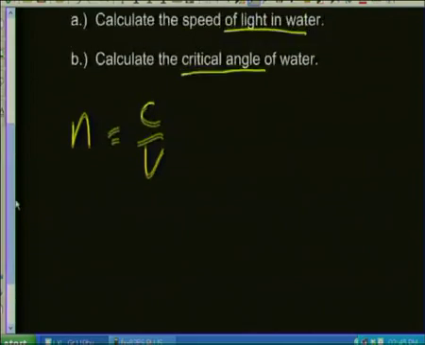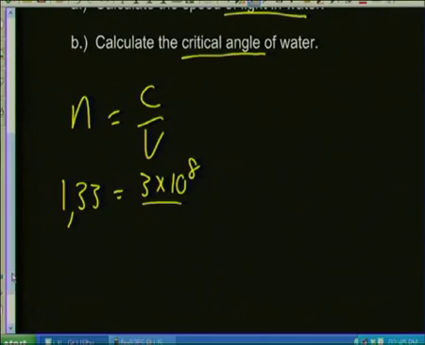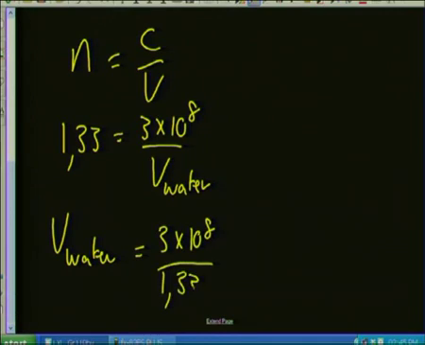And we're going to say that in water it's 1,33, and the speed of light is 3 times 10 to the 8 meters per second, and we recognize that v is the speed of light in water. So we want to find v in water. We're going to change the subject of the formula after we've substituted, and we are then going to see that it's 3 times 10 to the 8 divided by 1,33, and using your calculator, you'll get that the speed of light in water